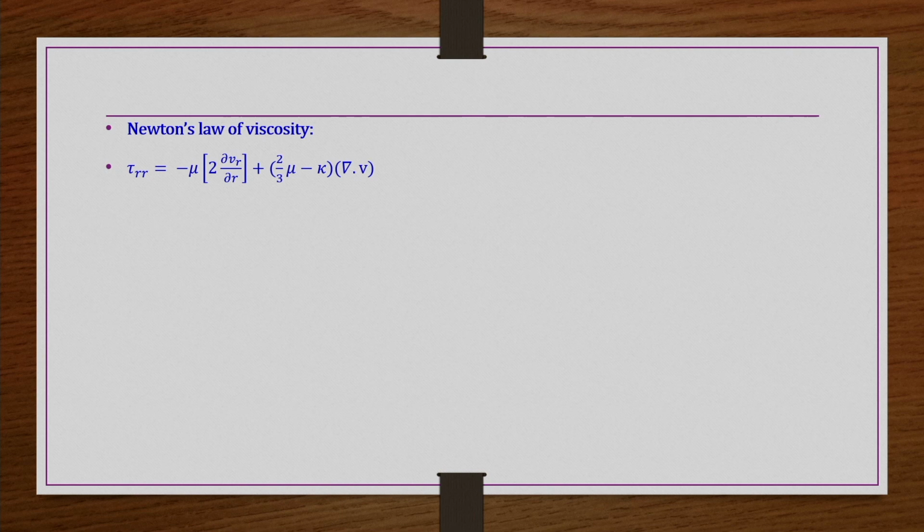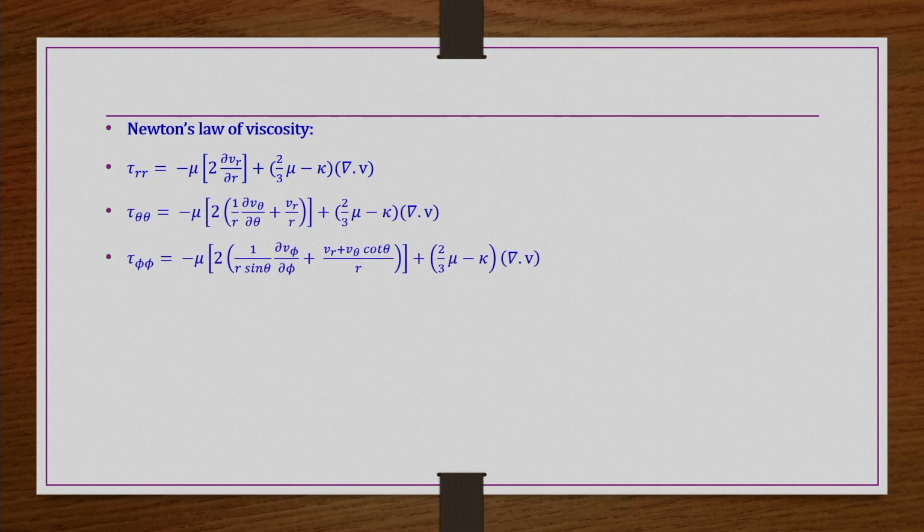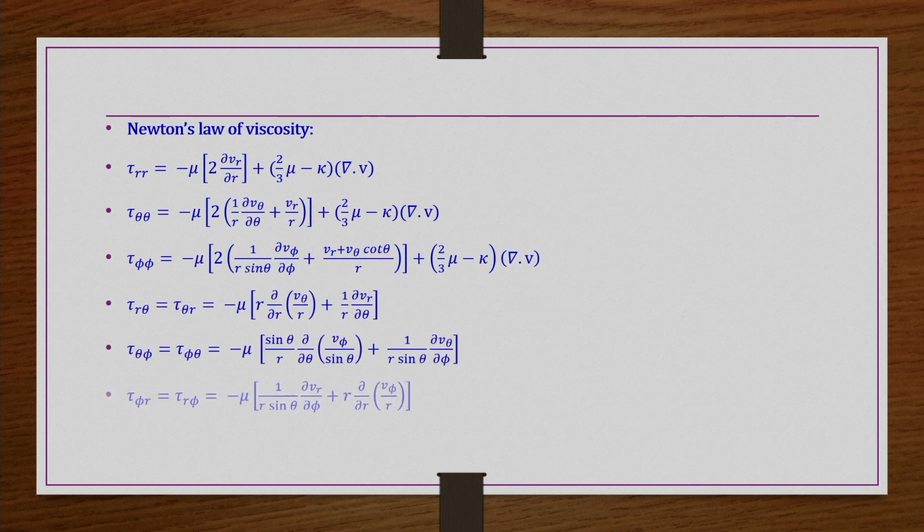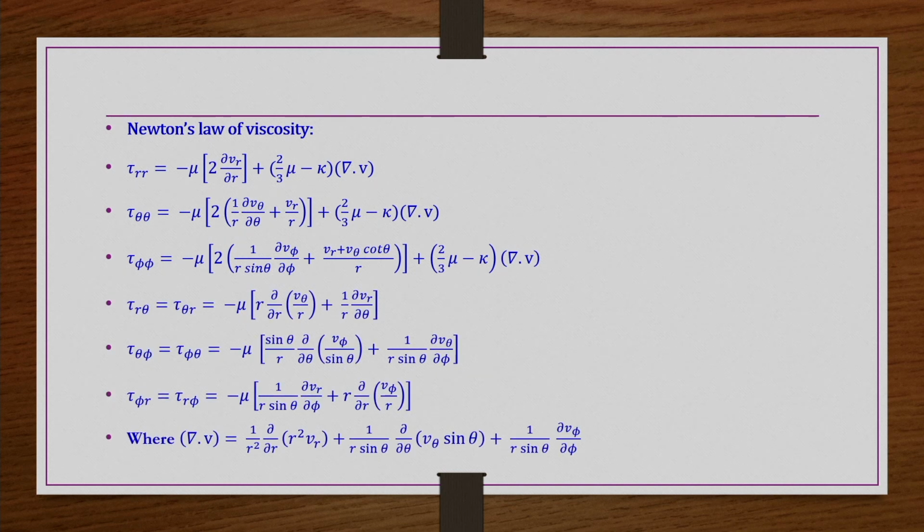So, likewise in spherical coordinates also, if you apply Newton's law of viscosity, then all these components, tau r phi, tau r theta, etc., you get by this equation, right. All these equations you do not need to memorize, they are available in standard transport phenomena textbooks. Also they will be provided whenever you need to solve any problem in general. So, that is about the momentum equations. How to derive the momentum equation, that is what we have seen.